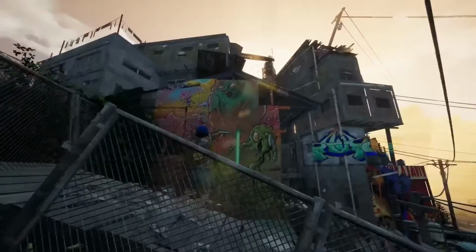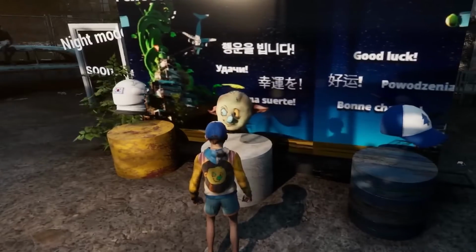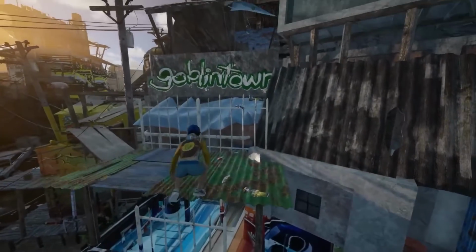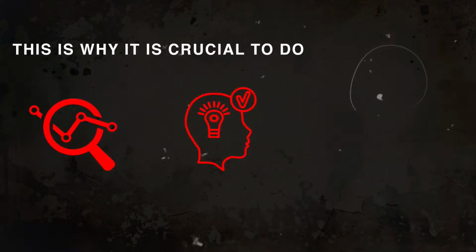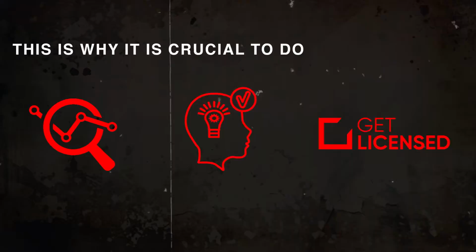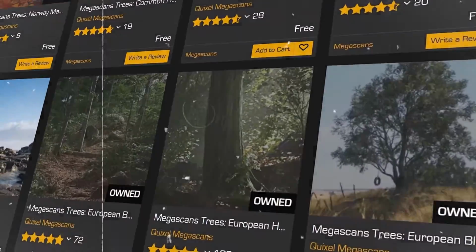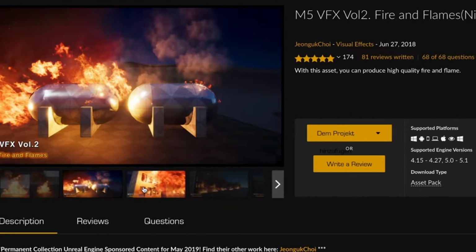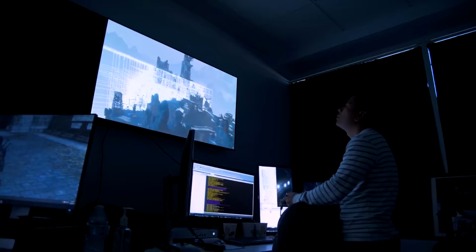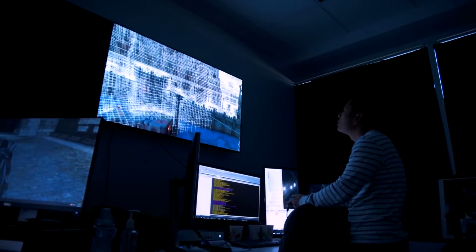Possible licensing issues can mess up the whole project. Legal disagreements can stop development and damage the reputation of both developers and the game itself. This is why it's crucial to do proper research, understand, and get the right licenses for all of the pre-made assets that you're using in the game. To help with this, you can use trusted marketplaces that clearly explain the licensing terms of the assets that you buy. This will help make your development process a lot smoother and legally secure.